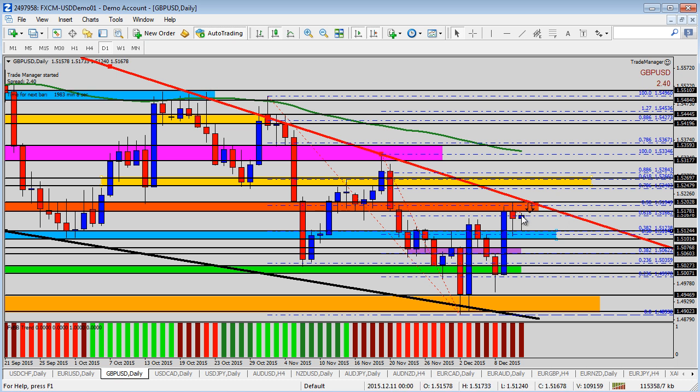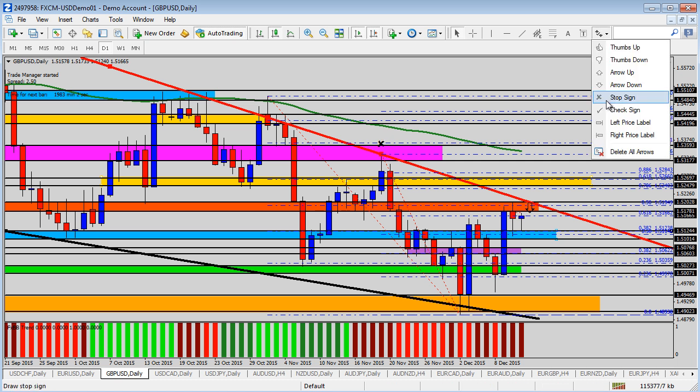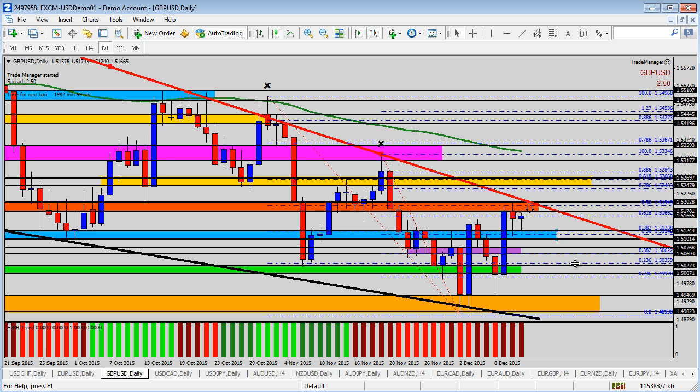We're under the red trend line. We've taken Fibonacci levels from a couple of different ranges, from this high right here down to the low. We've taken it from this high back here down to the low. There's also Fibonacci in the orange zone. The next level of Fibonacci is at the yellow zone. There's Fibonacci even at our support down here at the blue shaded area. So we can see there's Fibonacci highlighting the yellow, the orange, and the blue zones. Of course, a breakout under the blue zone, we look for a new low likely to be made for the